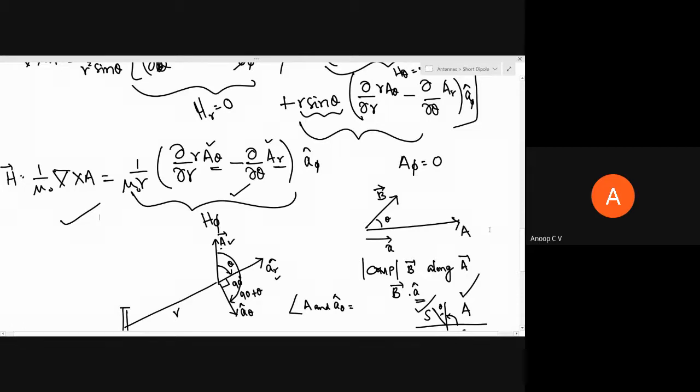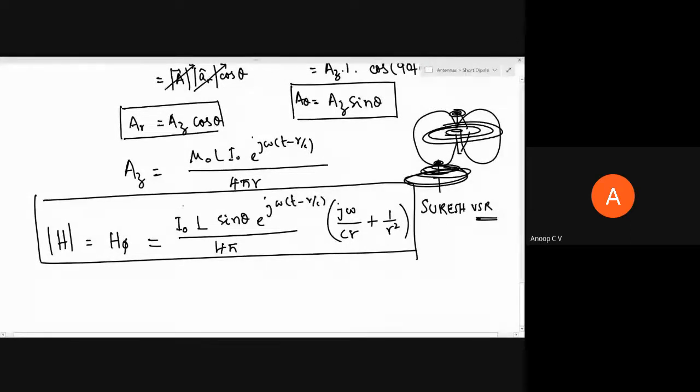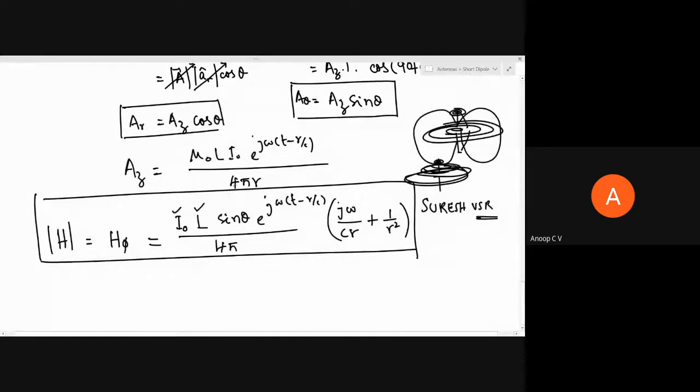But this equation makes sense. You don't have to simply learn it by heart, because magnetic field is proportional to current. As length increases, the magnetic field will of course increase. Why? Because that much region will hold current. If more region is there, that much region can radiate. So magnetic radiation is going to increase as length increases. And of course, it's also proportional to omega.